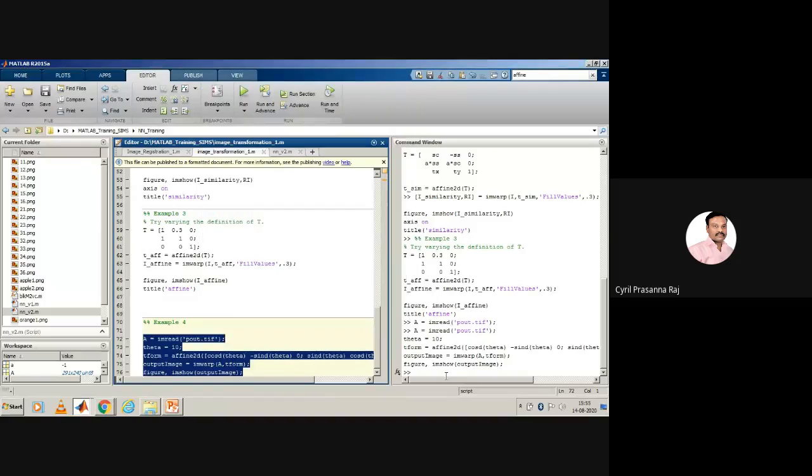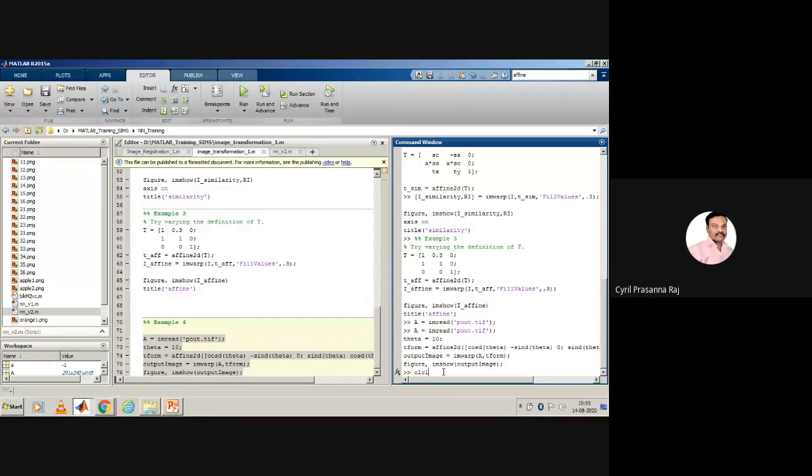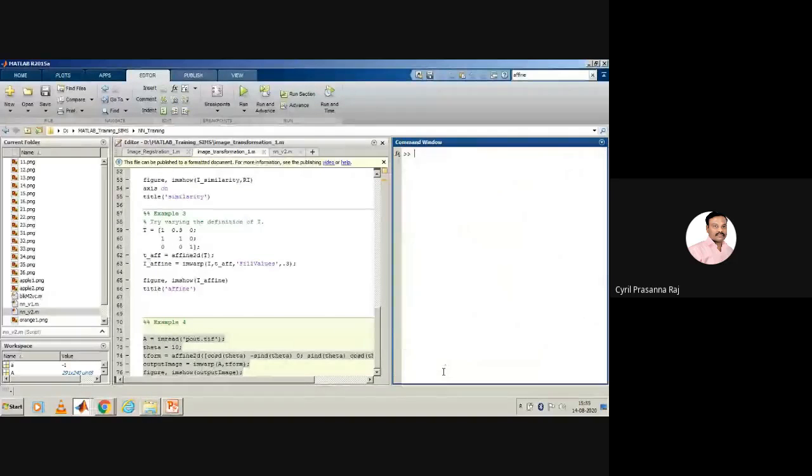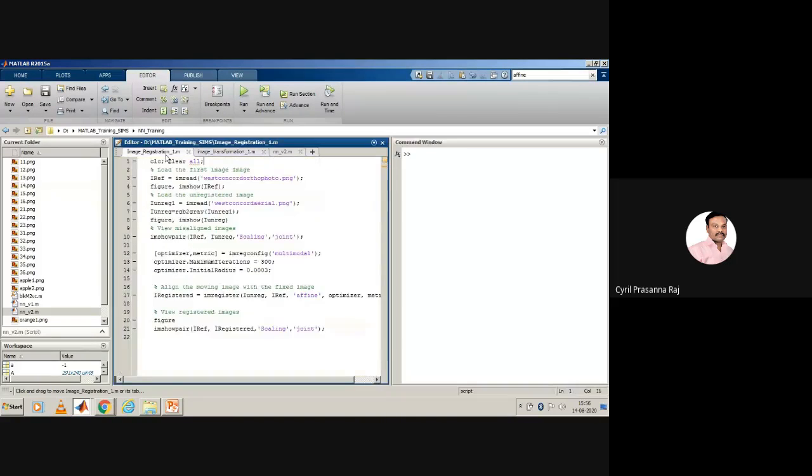Now, why are we discussing this is because there's a very important concept that we need to understand. So to do that, we are trying to discuss this very important concept called image transformations. So now we will discuss the concept of image registration. What is the meaning of image registration? Image registration is a very, very important factor in image processing.